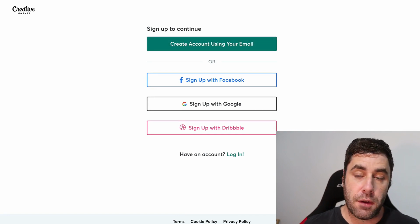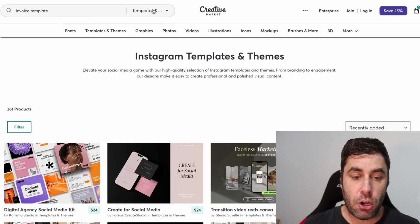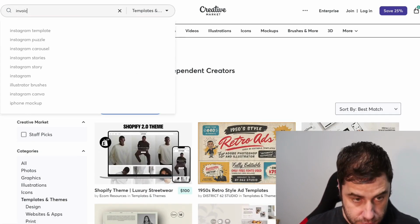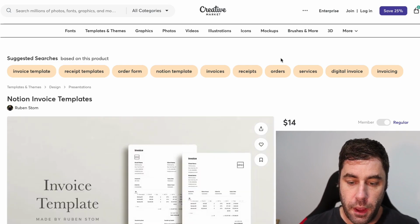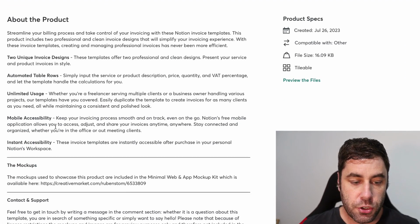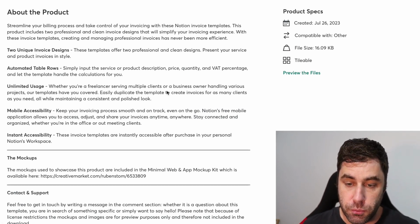I'm not going to show you how to do that right now because once you sign up, it's very easy to follow the steps. But more importantly, what you're going to be doing is creating a shop and then seeing what other people are putting in their listing and kind of replicate that. So we'll go to invoice template and click on this one, for example, and we can see here's a description about the product. So you could ask ChatGPT or Google Bard to write a product description for you